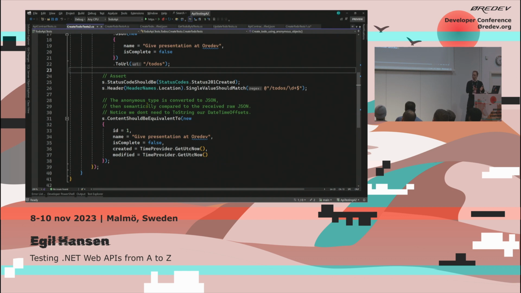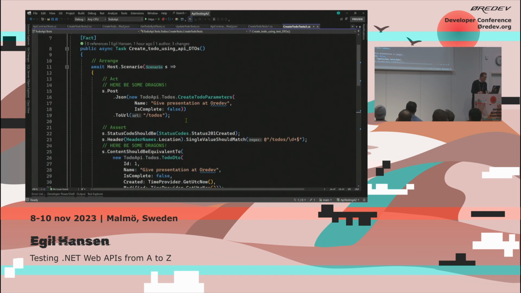But this is not super refactor friendly. So if you, for example, decide that all my tests where I'm creating new to-dos, then all of a sudden it requires a new parameter, or we change some data types. Well, I have to go into every single test and sort of update my anonymous objects because they're not known to each other, right? So a third option we might look at, let me find that,